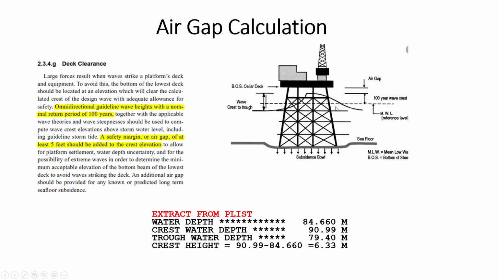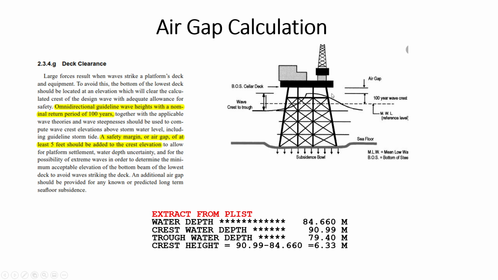And next, air gap calculation. Air gap calculation is nothing but, see, we always have to provide this air gap. The bottom of steel of the topside should be, if you go to API RP 2A, there is a guideline: the omnidirectional wave height with a normal wave period for a 100-year period. We have to consider a safety margin or air gap of at least 5 feet added to the